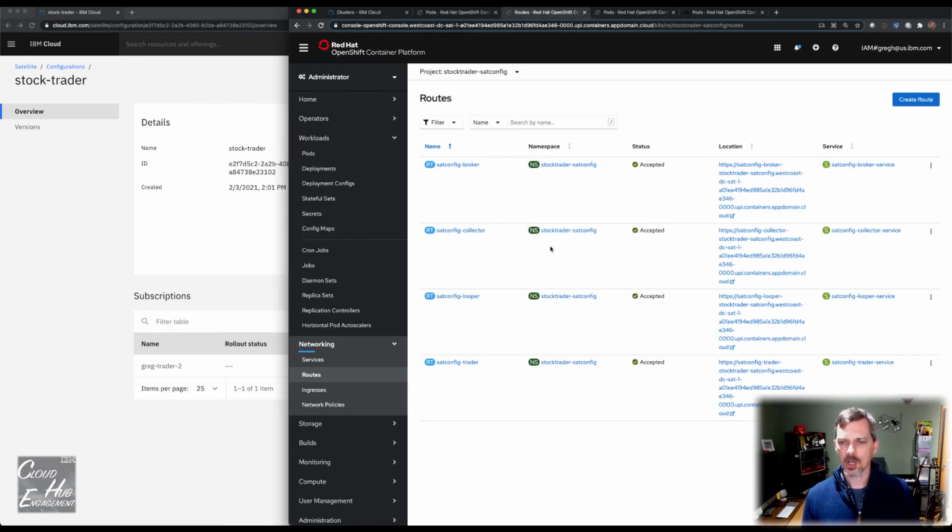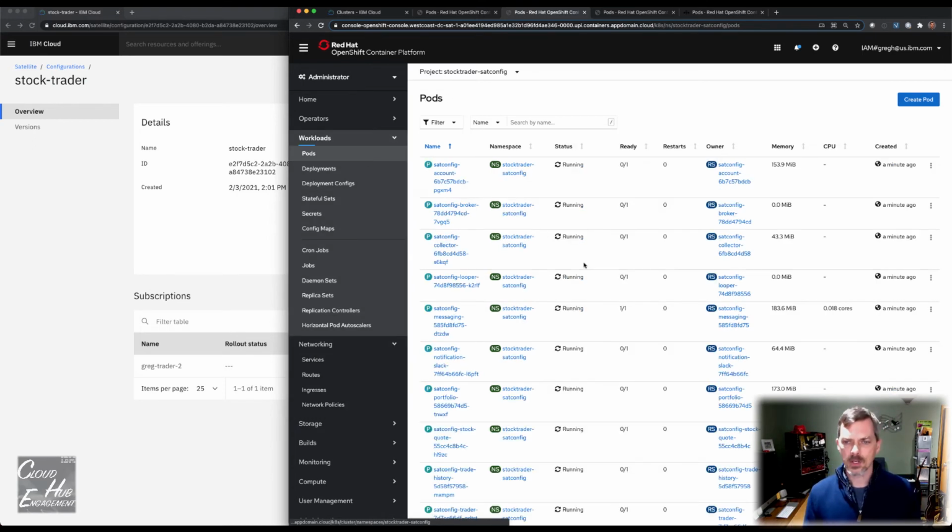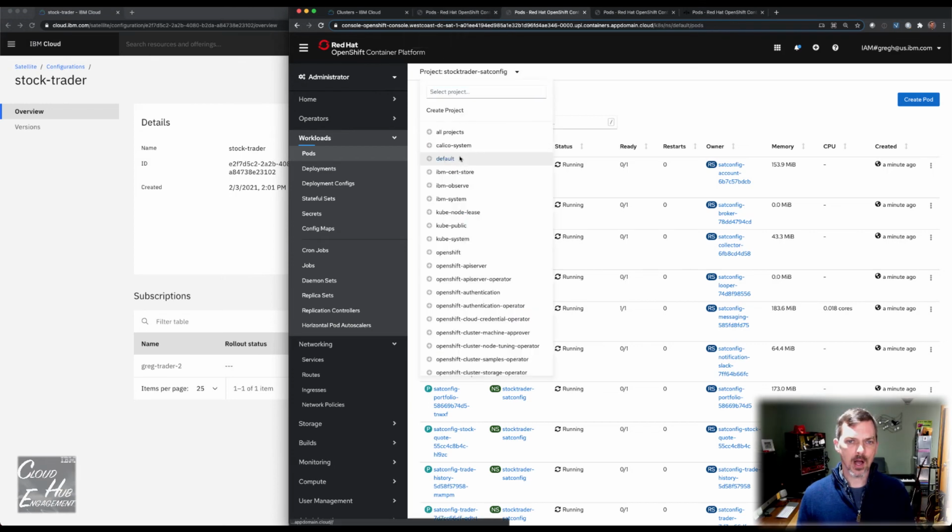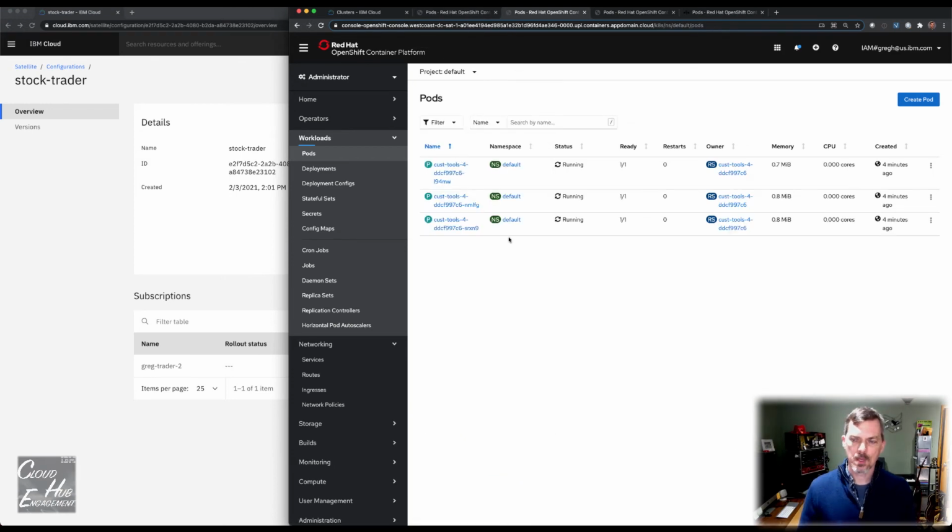And so let's see if it's off into the satellite, not quite there in the AWS one yet, but that's okay. We'll show that in a minute. So this satellite cluster is raring to go. I'm going to go back to the pods. They're starting up. So while that's happening, I want to go back to our test tools, because this capability,